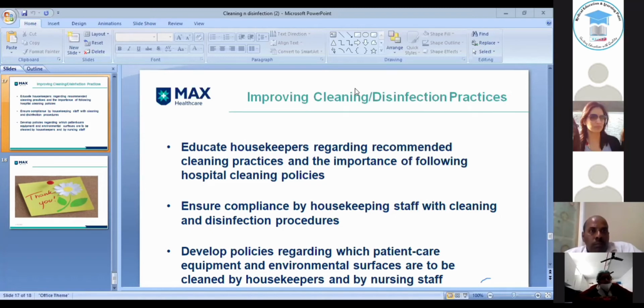Somebody has asked Dr. Shankari why UV light has a short period. Okay, so that is why UV light has a short period, because after UVC has done its work, it does not need any residual material. We can open up the room as soon as the UVC has done its work. Okay, so that is why it is a short cycle procedure.